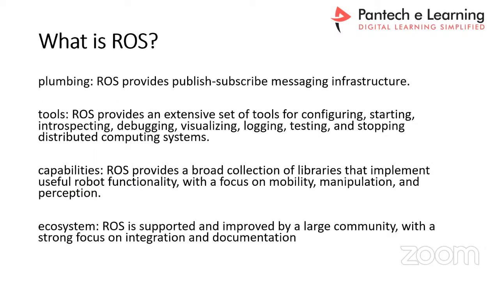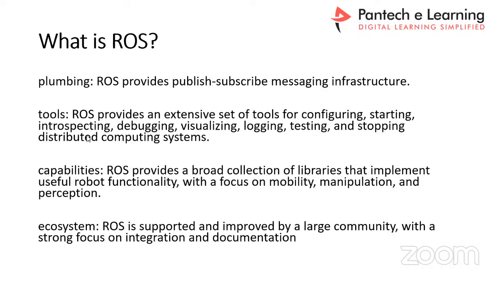What is hardware abstraction? Then what is ROS? Plumbing, tools, capabilities, ecosystem. So plumbing means message passing. It uses a publish and subscribe model for message passing between different nodes. And ROS provides an extensive set of tools for configuring, starting, introspecting, debugging, visualizing, logging, testing, stopping, and distributing computing